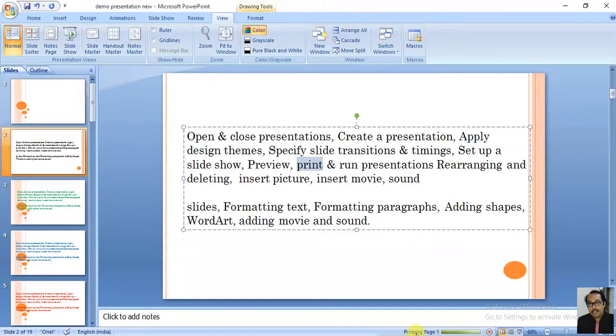In this part, printing one page, page 2. This will move till page number 10. Just wait. What is happening? See what is happening.